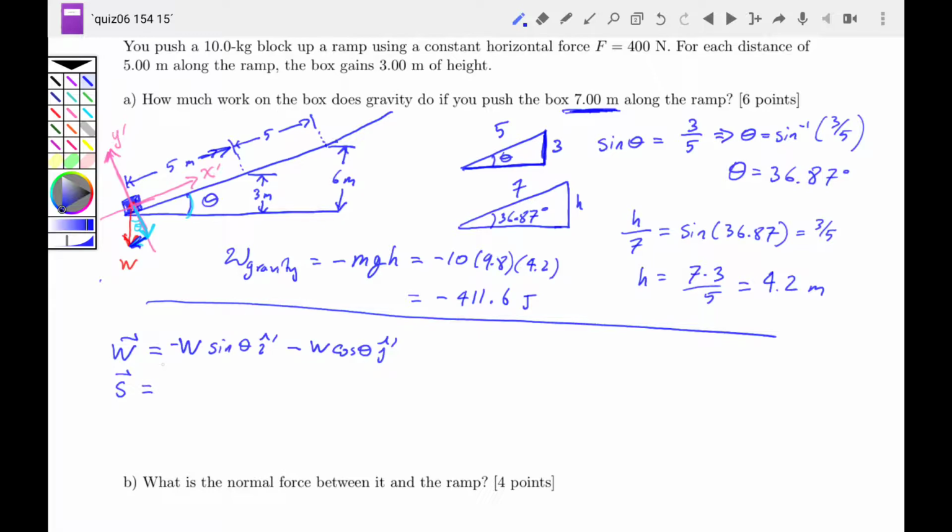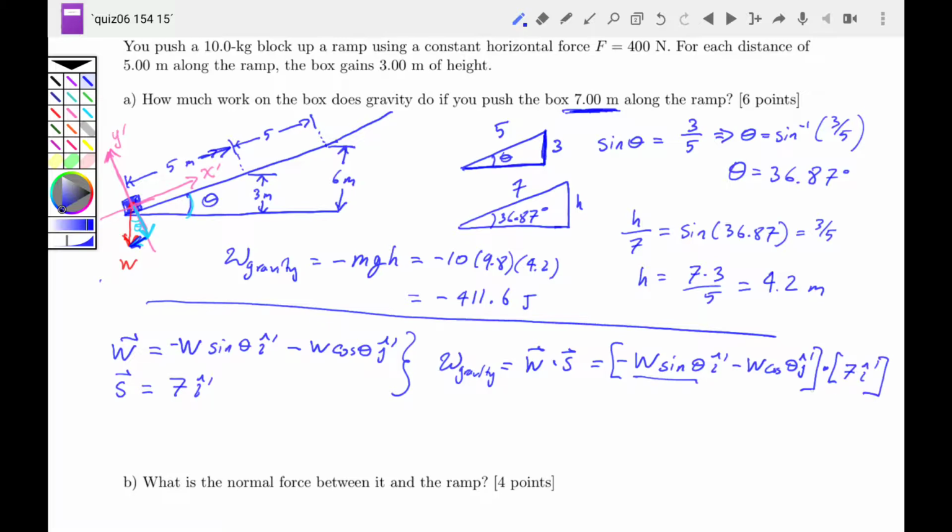The displacement is going to be 7 meters along the x prime direction, so that's just 7 i hat prime. Now the work due to gravity is w dot s: negative w sine theta i hat prime minus w cosine theta j hat prime dotted into 7 i hat prime. Only these two terms dotted together survive. This term has a j hat dot i hat, which is 0. So negative w, which is mg, times 7 sine theta, i hat prime dot i hat prime, that's just 1. So this is negative 10 times 9.8 times 7